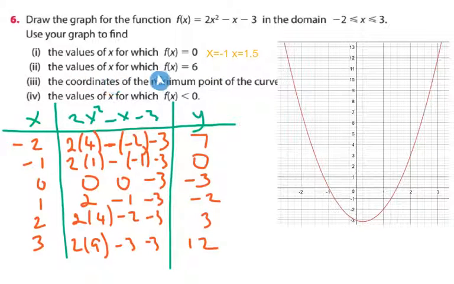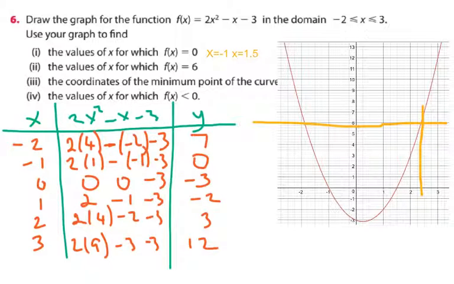The values for x for which f of x is equal to 6. So where is this function equal to 6? So it's equal to 6 along, here's my output, f of x is equal to 6. I can draw a line across here. You'll have a straight line with a ruler all the way across. I don't have the luxury of that. But I can see that when f of x is equal to 6, it looks like that x is equal to about